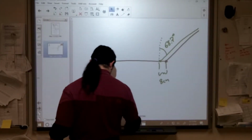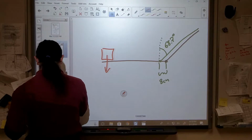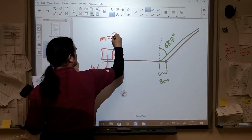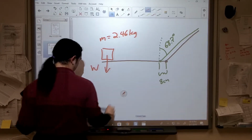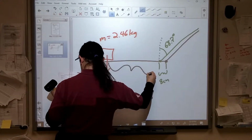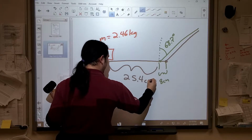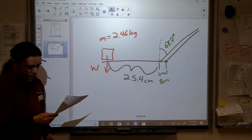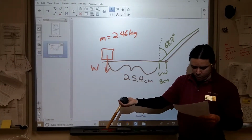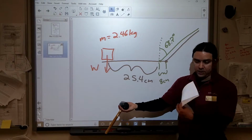All right? And then the other thing that we've got is a carton of milk, basically an object way out here, and it has a weight that is pointed down like this. Now, we don't know the weight, but we do know that the mass is 2.46 kilograms, at least for my problem. They've also got it where this distance, see? Yep, is 25.4 centimeters. All right, and they ask the following. We're holding this thing. Okay, what force, FB, the way that they've got it listed there for the bicep, is exerted by the bicep